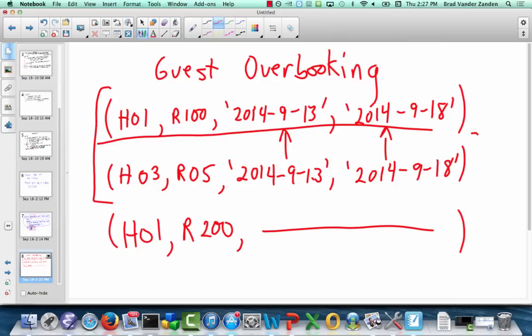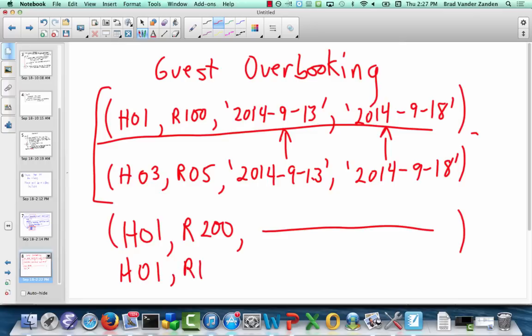Okay, there is an overlapping booking and both the hotel and the room is the same. That is a false positive. Okay, you might say, well, wait a minute. What about the case where there is a genuine overlapping booking such as